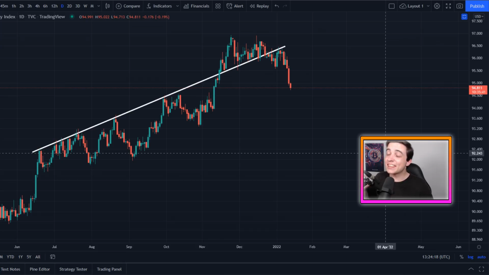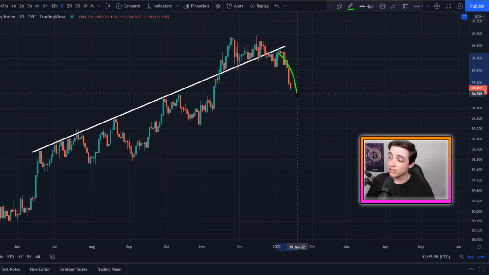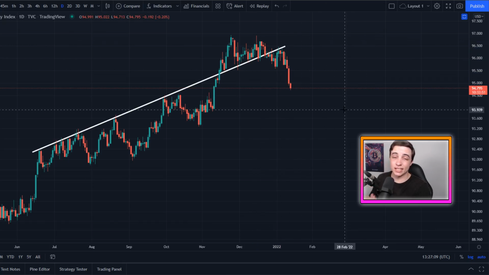And now looking at the US dollar currency index, which goes by the ticker DXY, and this is on the daily time frame. Pretty much ever since the release of the consumer price index data for December, which I was talking about in yesterday's Bitcoin update video, that newly released data has of course sent the US dollar to the downside due to the fact that the official inflation rate of the US dollar has risen from 6.8% to now 7%. And for anyone that understands economics, you'll know that a higher inflation rate usually means the underlying currency is devaluing. So that is precisely what's happening right here.